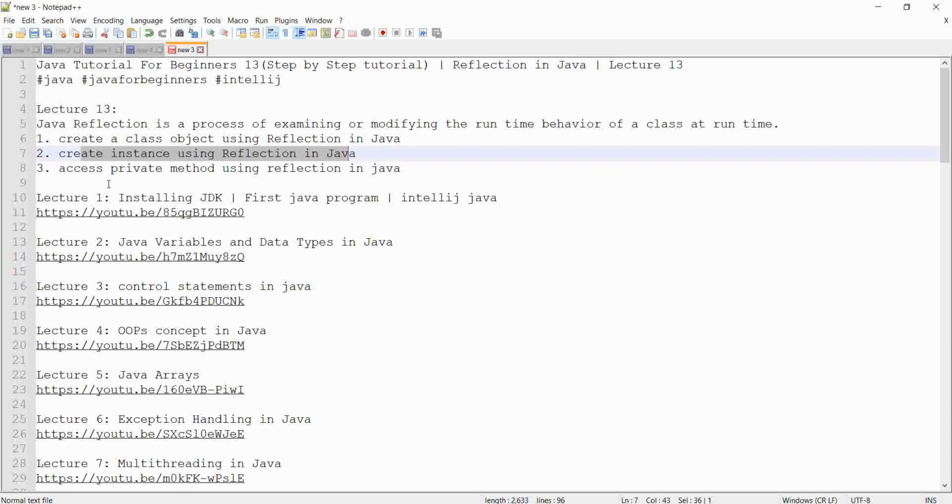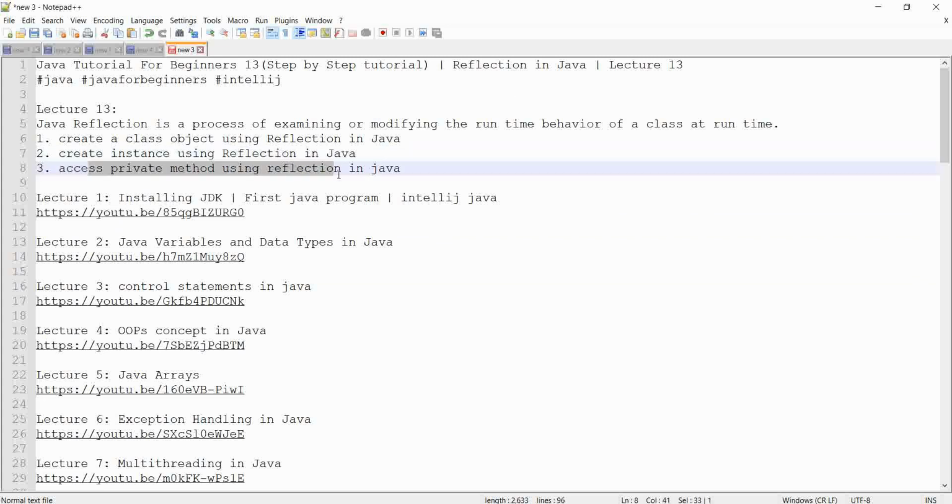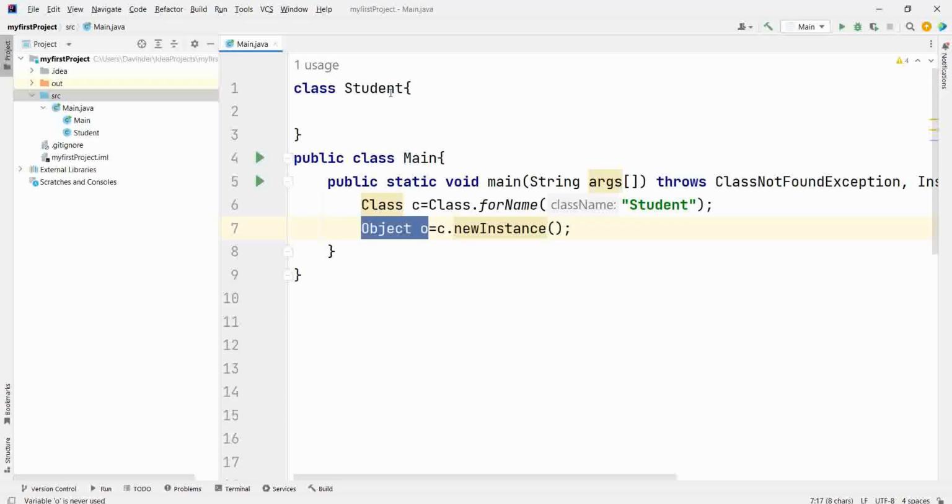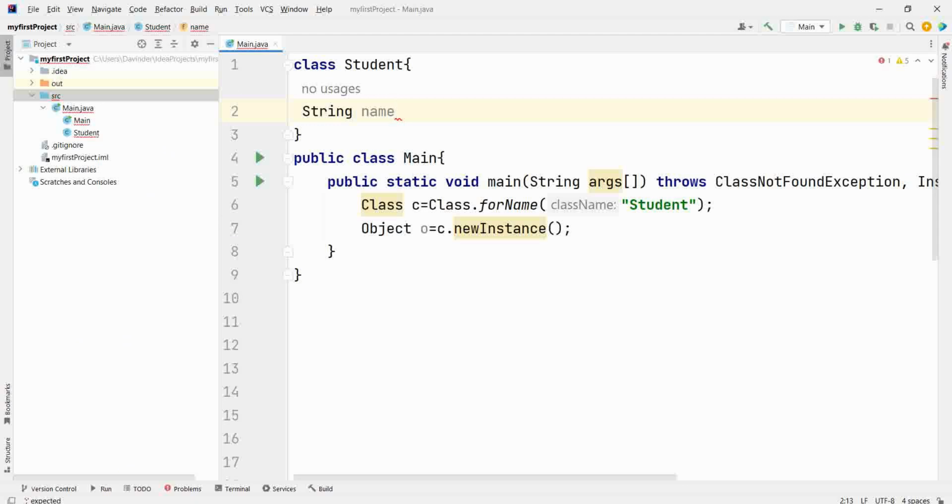Next, how to access a private method using Java reflection. Suppose you have a method name String name in a class.